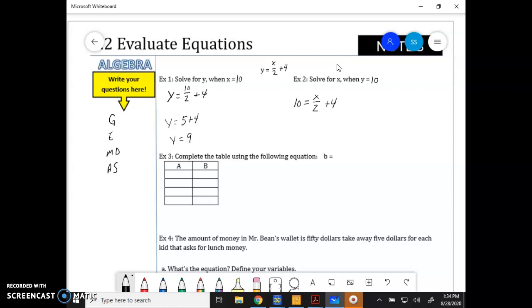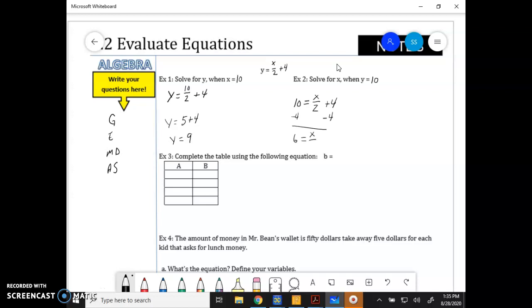Now we need to solve this by using our inverse operations, or opposite operations, in reverse order. We did the division first and then we added. We need to apply this in reverse order, so I need to do the inverse operation of addition, which is subtraction. So I subtract 4 on both sides,